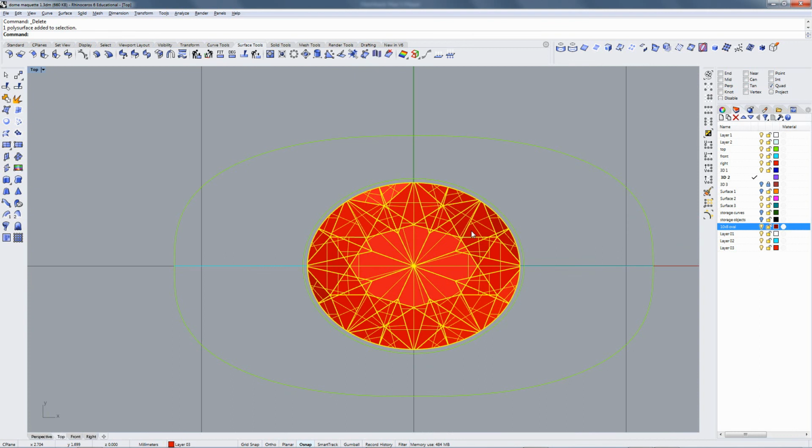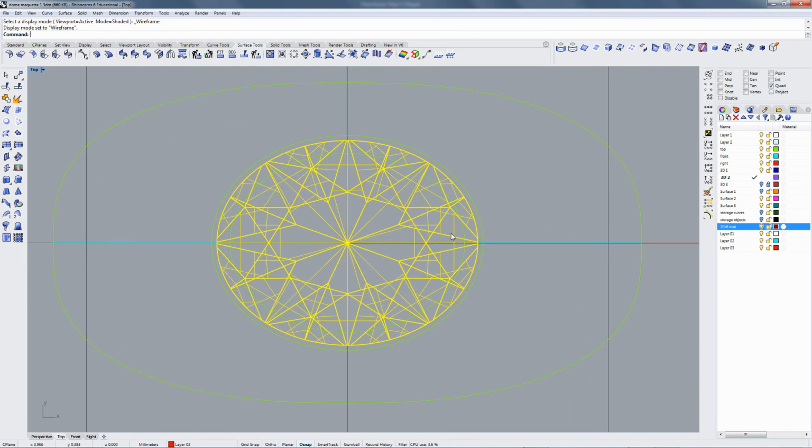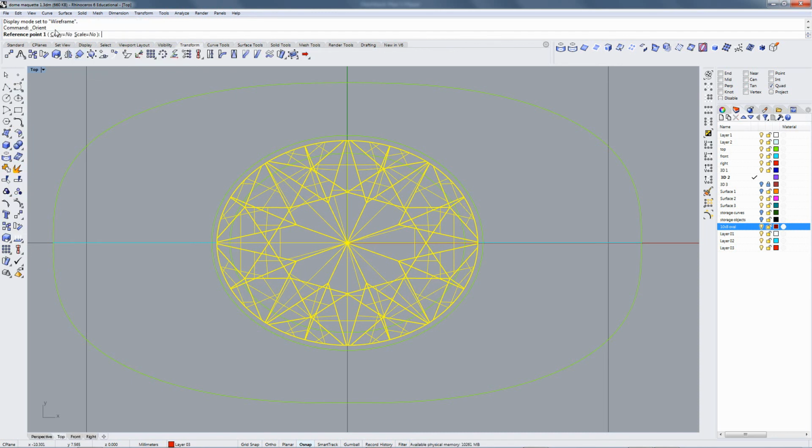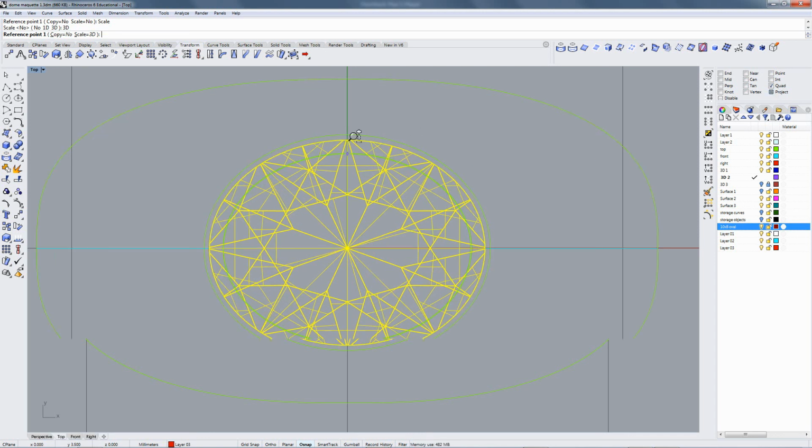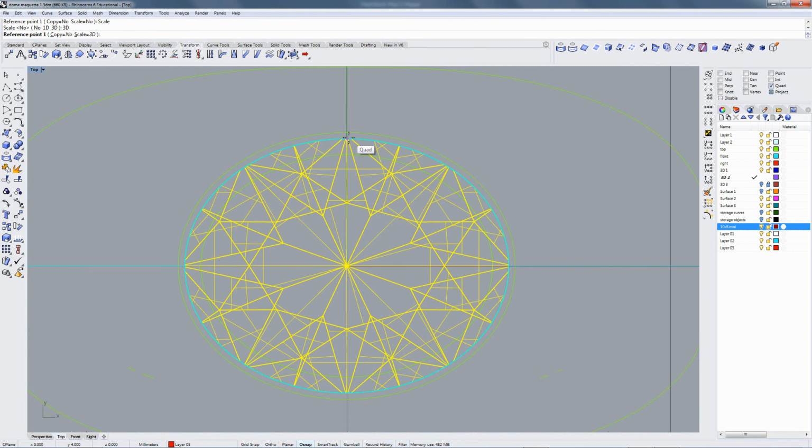So I need to make this stone, which is not the right size, the size that I need it to be. Easiest way to do that is to just do an orient 2 points, scale no, copy no, scale yes. Sorry. Object snaps I'm going to want one of them to be quad. I'm going to go ahead and project this to the C-plane so my part doesn't move up and down. And reference 1, reference 2, target 1,